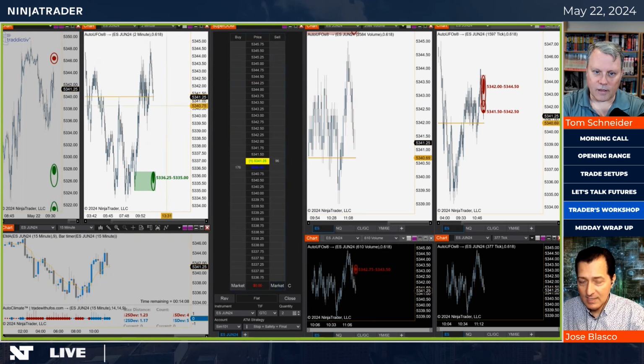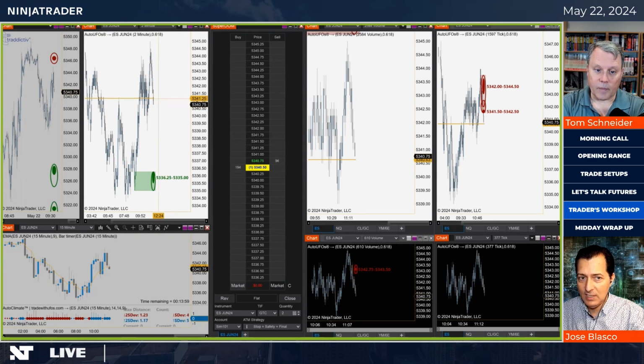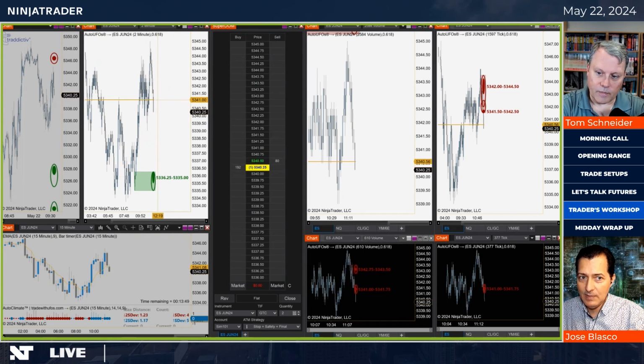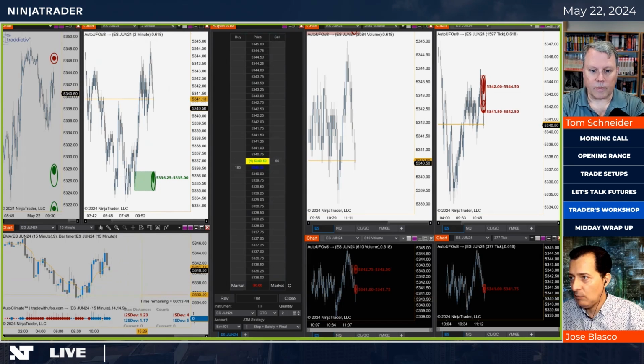By the way, notice how the UFO is gone, right? So it was here a moment ago, is not anymore, which means that the technology identifies that most of the unfilled orders have been filled. So there is no statistical edge anymore. So then if I was into this trade, I would just close it and not stay in it, because odds are now that we're gonna have a climate change, and that would mean a stop out.